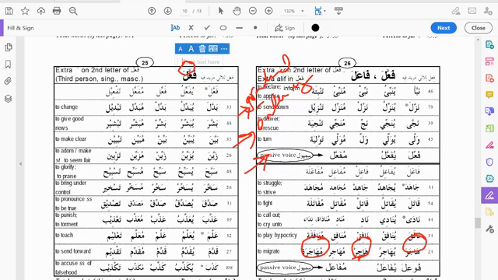As for the person that's performing that verb, it's going to be in the pattern مفعل. So in this situation, بدل, مبدل. بشر, مبشر. بين, مبين. زين, مزين. سبح, مسبح. سخر, مسخر. صدق, مصدق. Now here we go. This is the pattern of the person that is performing the verb.